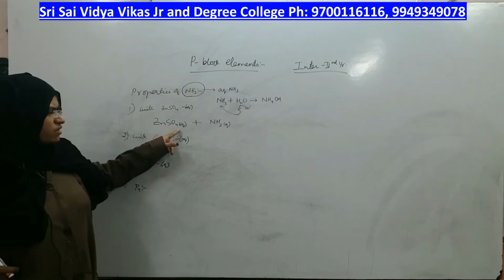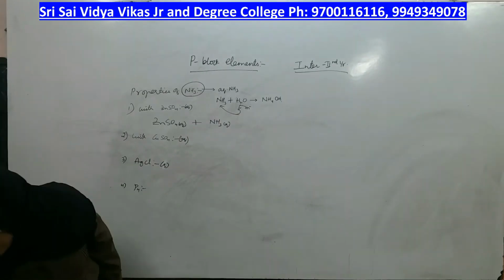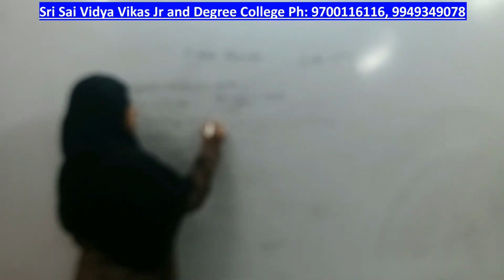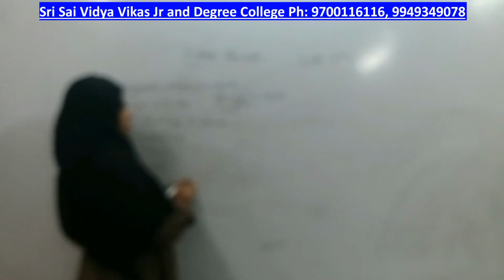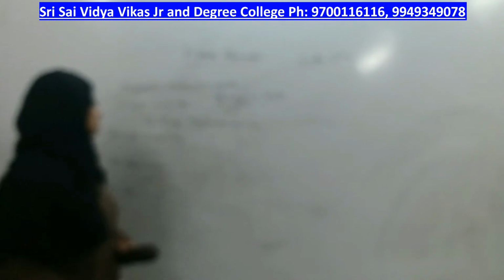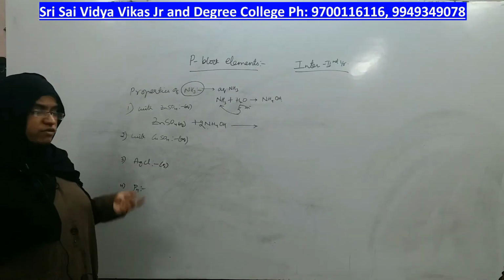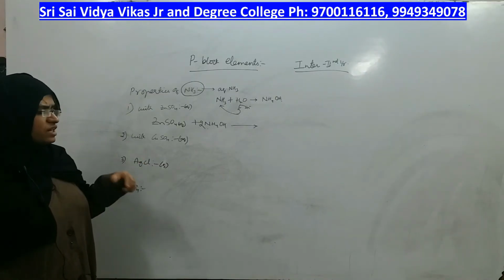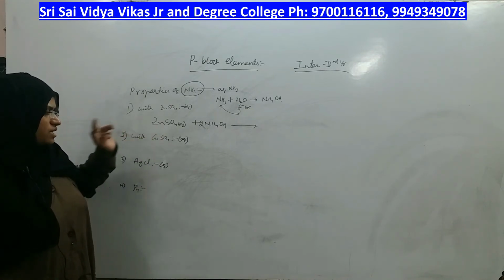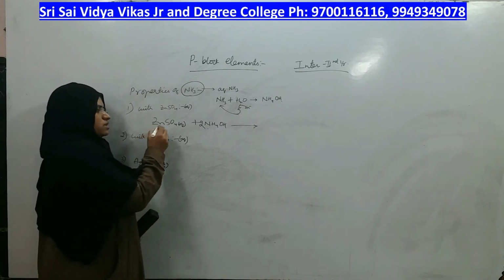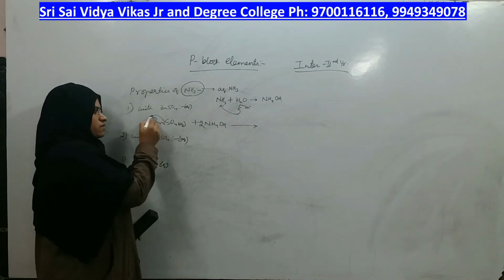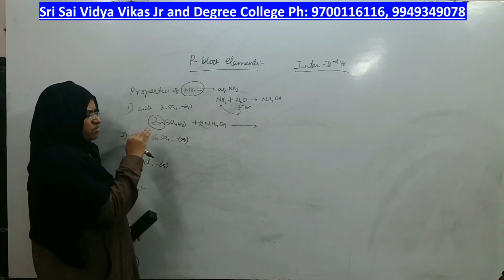So as this is aqueous, you cannot take ammonia as a gas. What should you take? Aqueous ammonia. What is the formula of aqueous ammonia? NH4OH is the formula of aqueous ammonia, right? So the property of aqueous ammonia here is that it will replace the metal from its salt. What is the salt of the metal? Zinc sulfate is the salt, in which zinc is the metal. What will ammonia do? It will replace zinc from its salt.